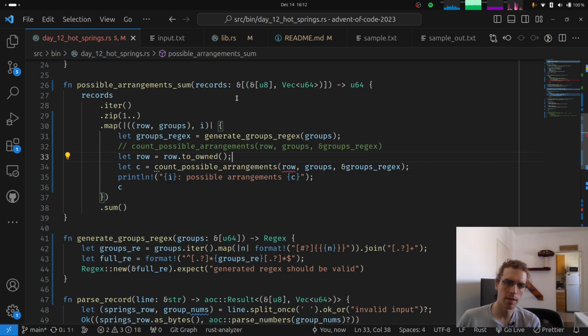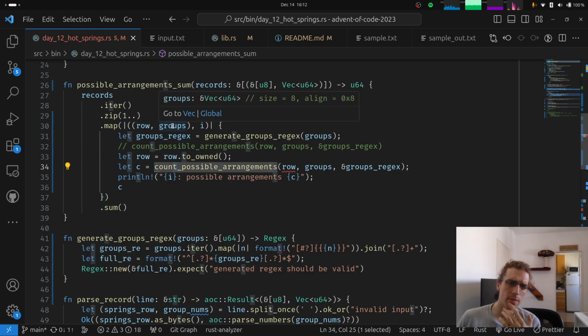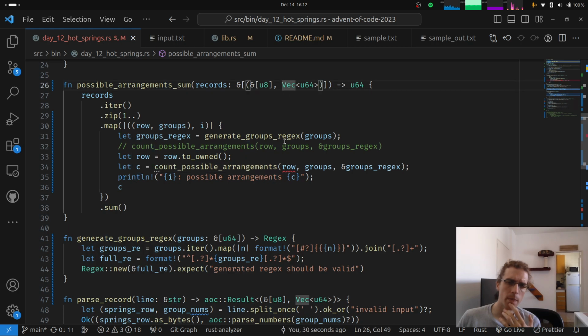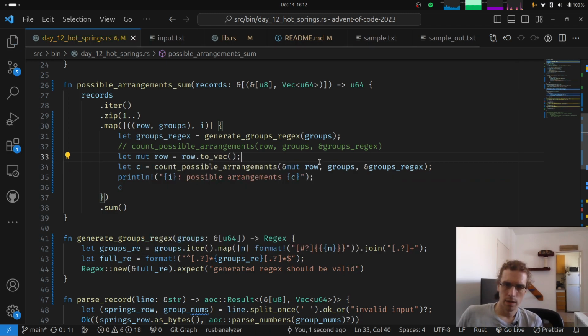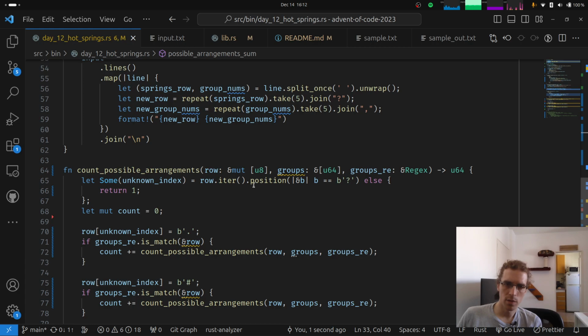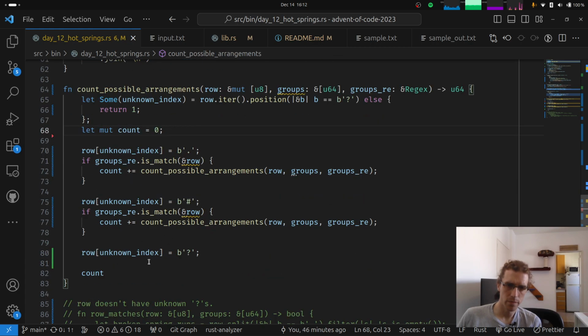Because this is a slice. We are mapping. Why is this a double reference? That doesn't make much sense to me. But well, let's not think about it too much. Let's do a to_vec, and here pass this thing as a mutable reference like this. So we can do the mutability thing in here, get back,